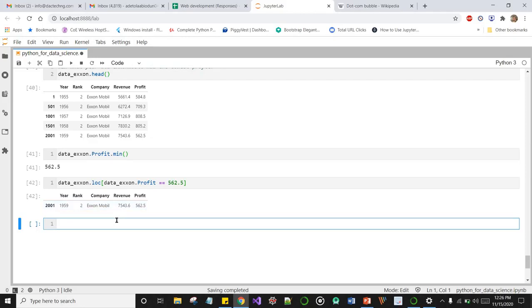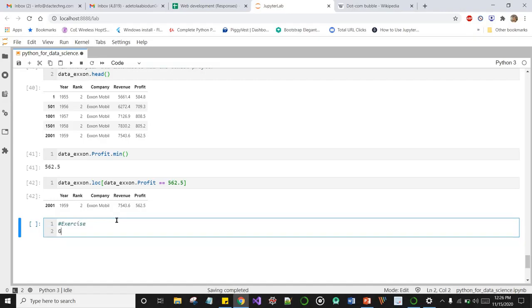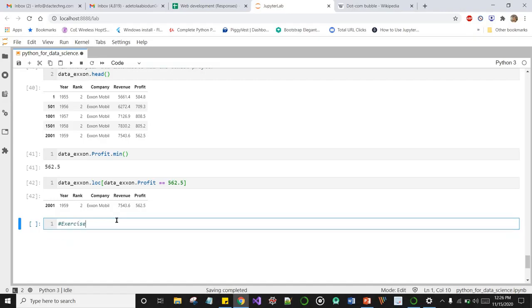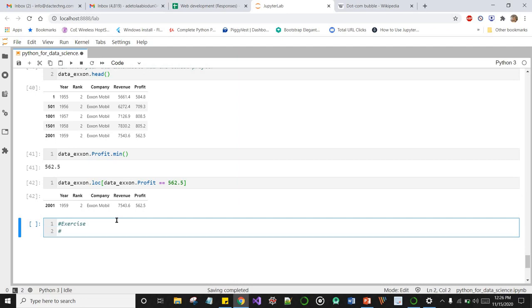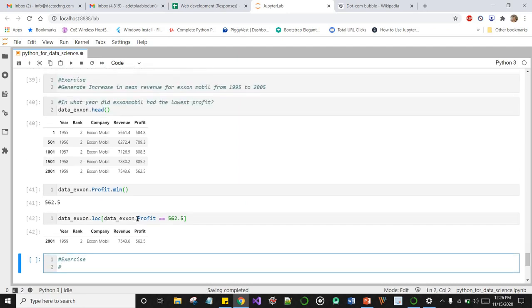So the last exercise or take-home assignment for the day is: in what year did ExxonMobil have the highest profit, or the maximum profit?